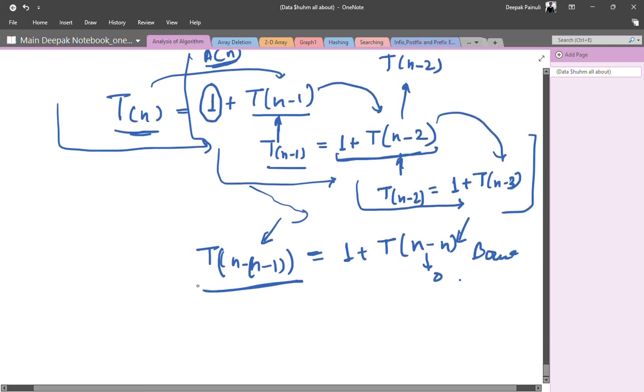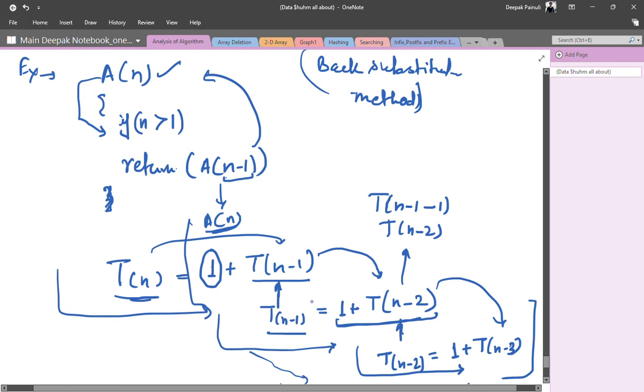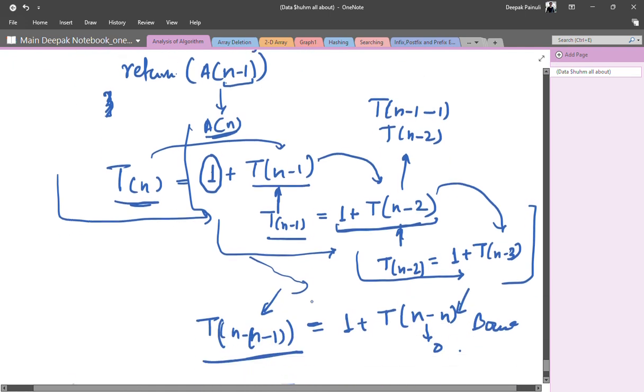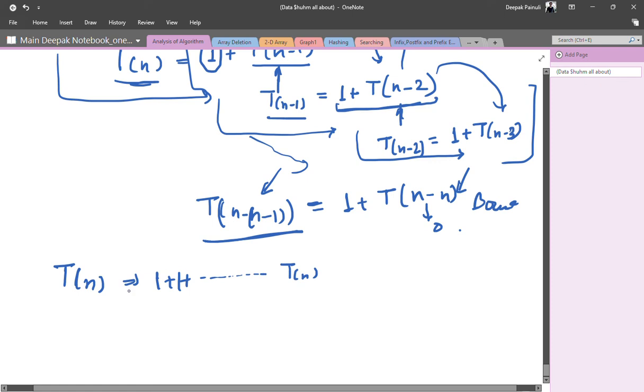In the same way, when you judge the total time T(n), it will be 1 plus 1 plus 1 plus like that, and when we accumulate all these calls, we will have 1 plus 1 plus dot dot dot, n in the last, right?